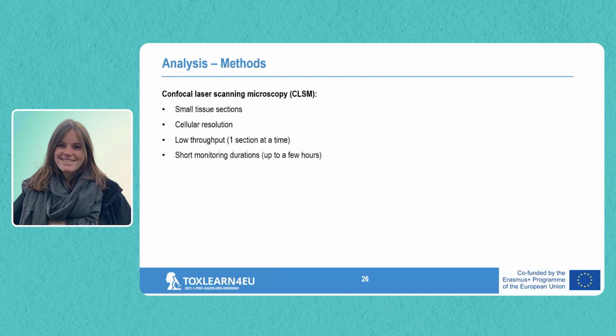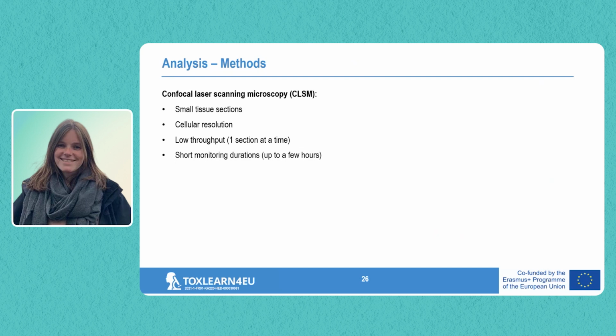You look at the cellular resolution, so you can really check in which cell types you are seeing a response. It's relatively low throughput because you can only put one root tip under the microscope at a time. So you really have to check each tissue one by one. And it's also for relatively short monitoring durations because, of course, you don't want to sit at the microscope for 24 hours in a row